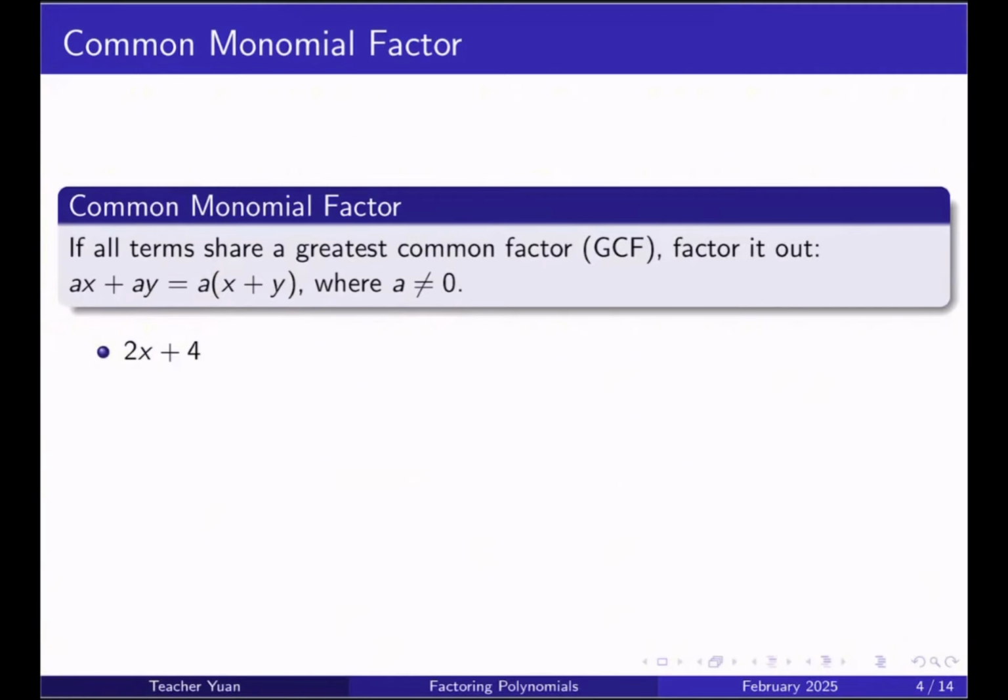So let's try an example. Number 1, we have 2x plus 4. So the first step to do is to identify what your GCF is. Remember that the factor of a number is a number that can divide the number and it will not give you any remainder. So what we do is we get the GCF by identifying their greatest common factor for each